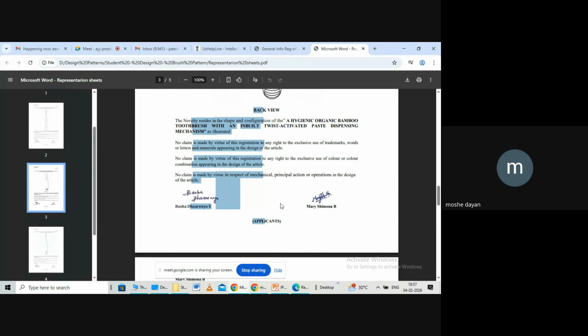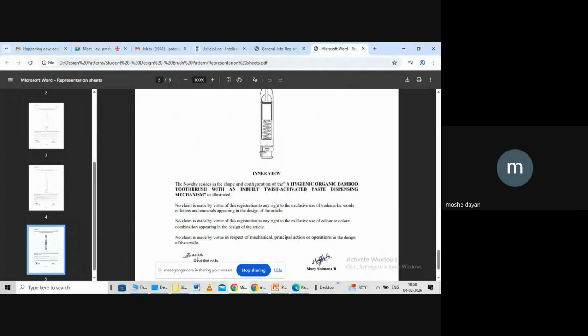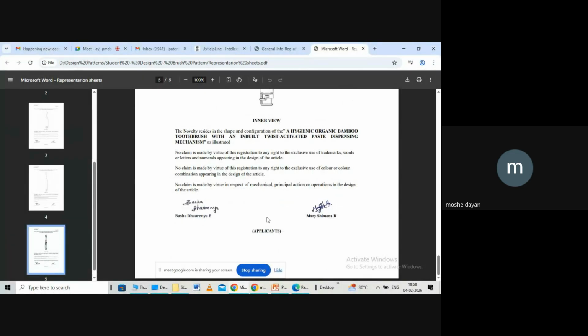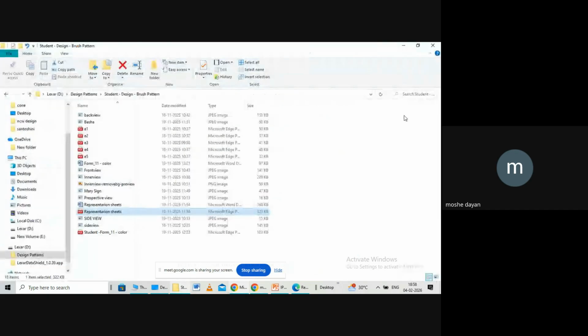Okay, I hope you all are making a note, because we have now moved on to how to file a design patent. I'm just telling you how to prepare the representation. Once this representation is ready, then your Form 1 is required. So I will open one Form 1 now. Okay, this is one Form 1. I will quickly open it because I need to open this in Chrome.